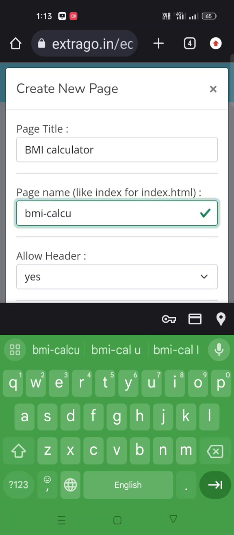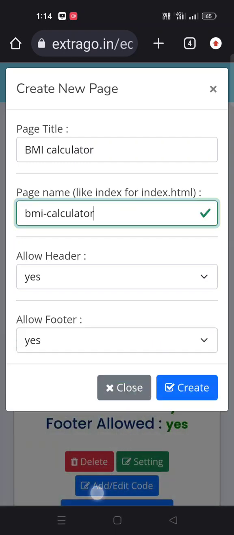Yes, this is available. Check the green box here. The page will become BMI calculator.html. Keep other things the same and click on the create button.